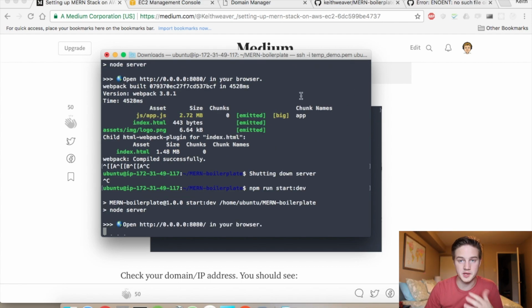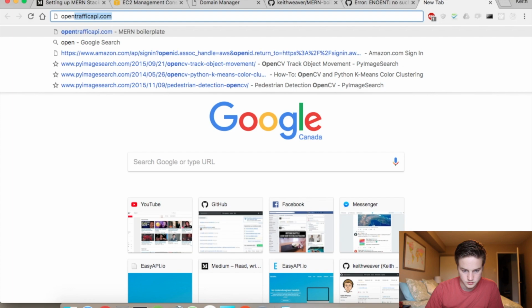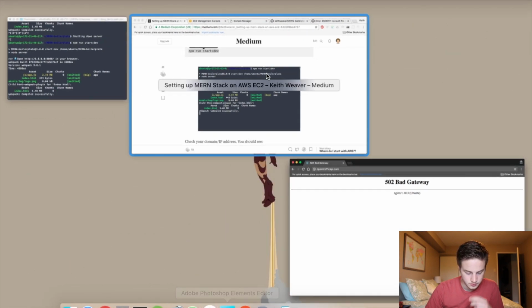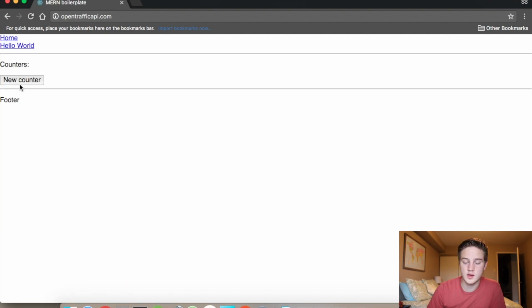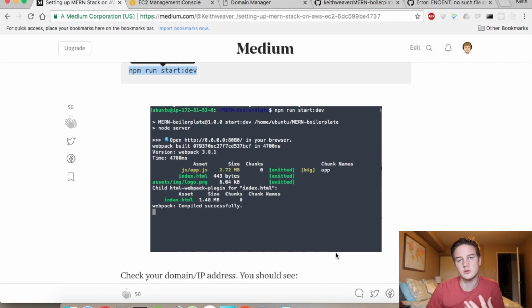So I'm going to start that up again. It's going to take a few seconds to start up. And so if I go back to my internet browser here, as you can see, it's there. If I hit new counter, it'll create a counter in the database. So it's now created. If you look through the actual MERN code, that's how we know that the